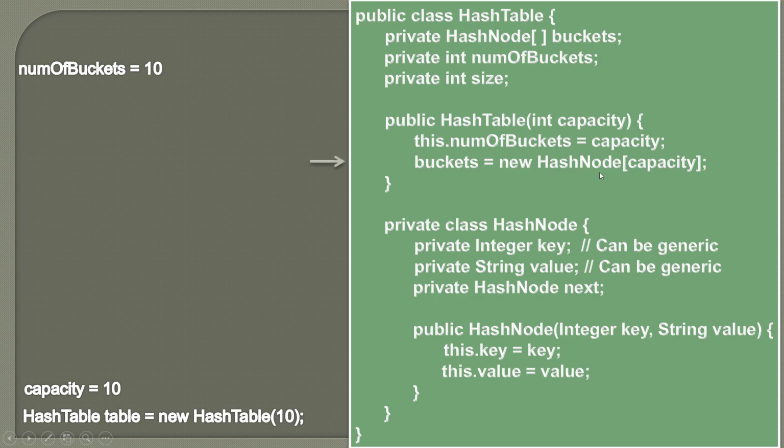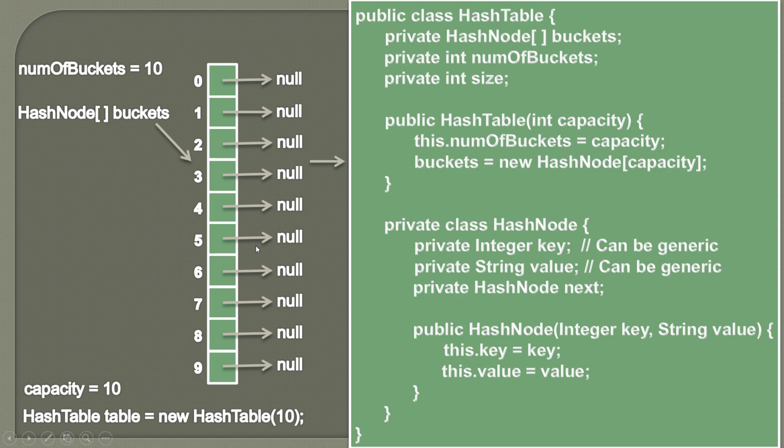and then we create an array of hash node and we provide the capacity. So it looks something like this, that the internal data structure is an array of type hash node. It is termed as buckets, and each compartment here is a bucket which holds the hash nodes in the form of a chain. When we create this array, at the start every index or bucket points to null because there are no hash nodes currently in this array of hash nodes. So at the start size remains 0 because we currently don't have any key value pairs inside this hash table.